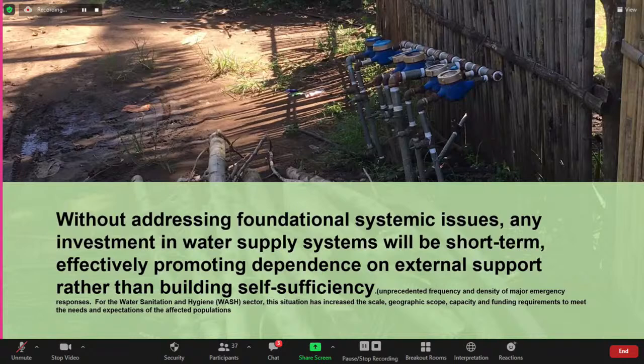So the rules, the frameworks, and the people are some of the foundational systemic issues which we've realized are core in achieving sustainable service delivery, but also in having more impact around groundwater solutions management. Because when we don't address the foundational systemic issues, then any investment, even related to water supply systems, will be short-term, and effectively they'll be promoting dependence on external support rather than building